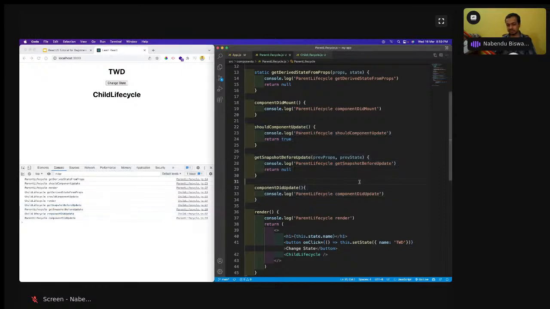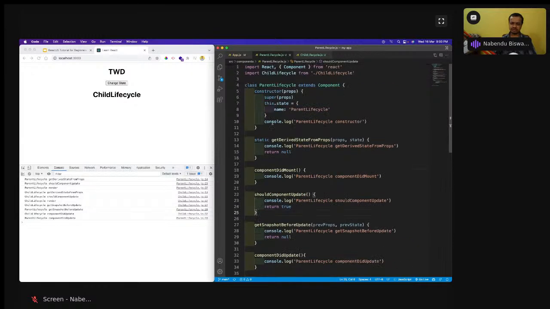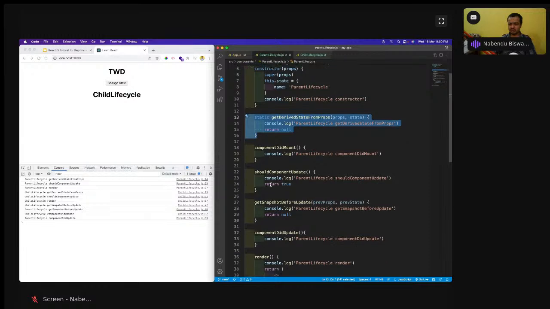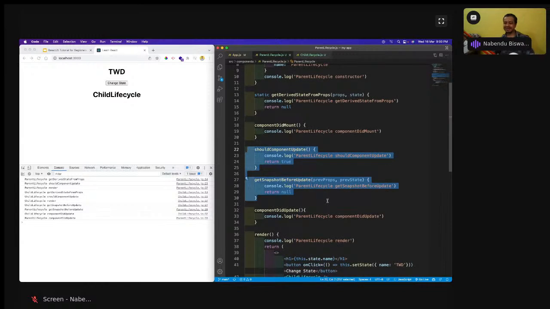And I will tell you one thing. All of these methods, you can forget most of them. Like you should never use getDataSetProps in production. Nobody uses it. Nobody uses shouldComponentUpdate nowadays. Nobody uses this thing. Only the 2-3 things which you need to understand, and by that it will be very